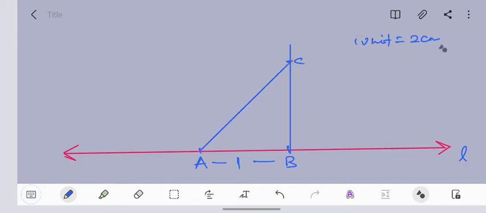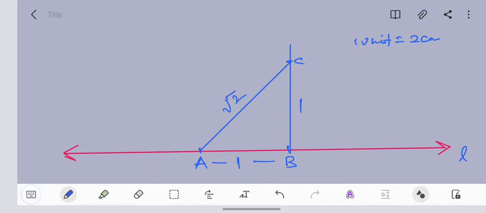Okay, we're done. So BC is 1 unit and AC, after applying Pythagoras theorem, becomes square root of 2, which we have done already. Now the next step is, I want this square root of 2 on the number line. So what do you do? You measure the length of AC using compass, and